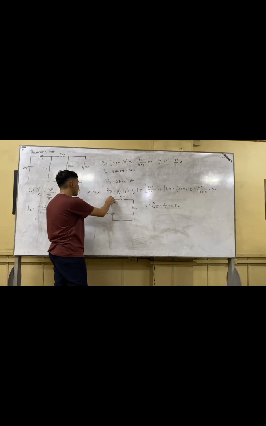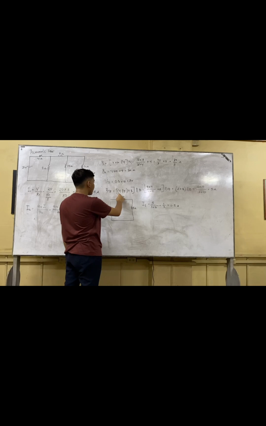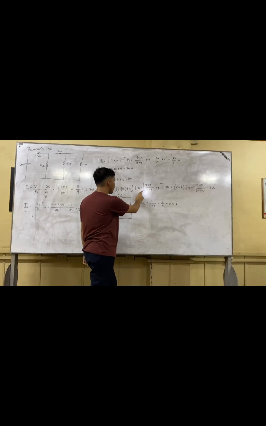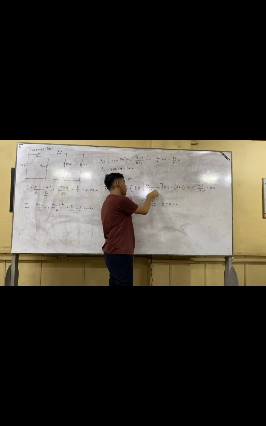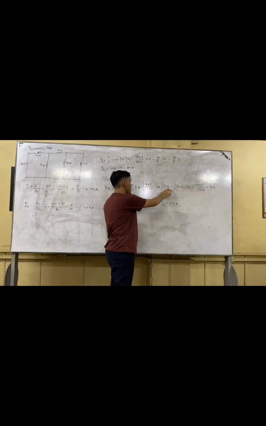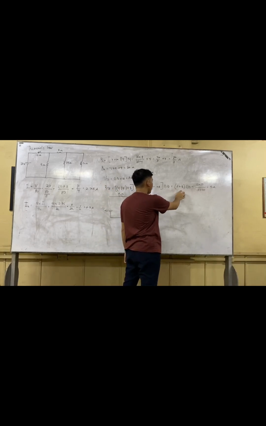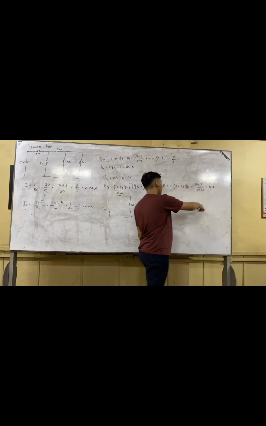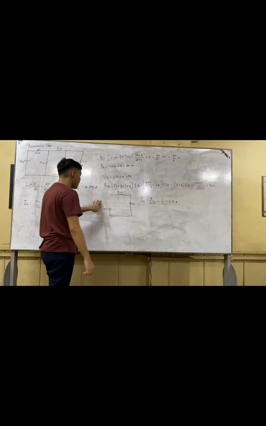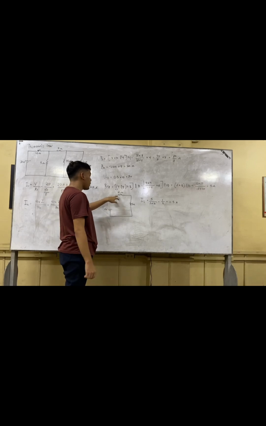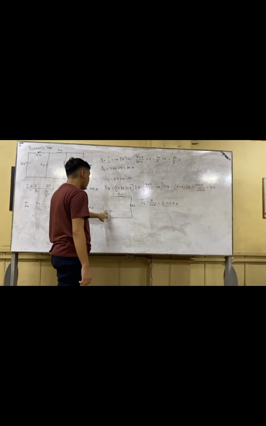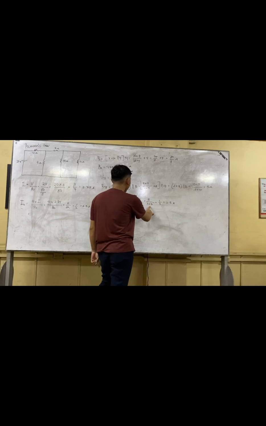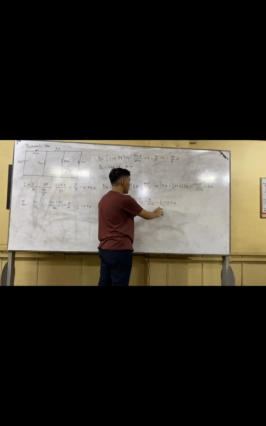And our RTH is equal to 4 in parallel with 4, plus 8 in parallel with 10, which is equal to 4 times 4 over 4 plus 4, plus 8 in parallel with 10, which is equal to 2 plus 8 in parallel with 10, which is equal to 10 times 10 over 10 plus 10, which is equal to 5 ohms. And last, we have 5 ohms, 5 volts. Again, IL is equal to 5 over 5 plus 5, which is equal to 1/2 ampere.